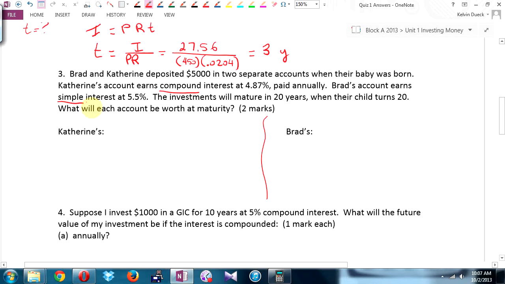Now, the simple interest, he is getting a higher rate. But the compound interest, they'll be calculating it more often. Who will win? Let's find out. Compound interest, final amount equals P bracket 1 plus little i to the n. Compound interest is going to be